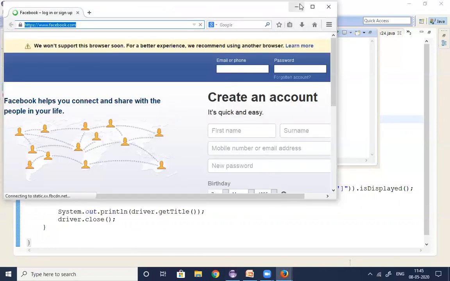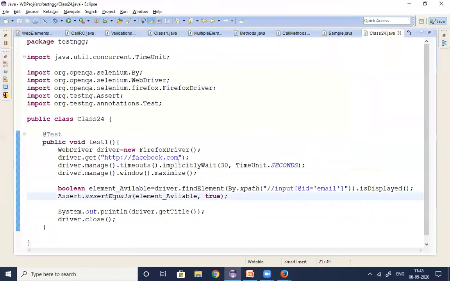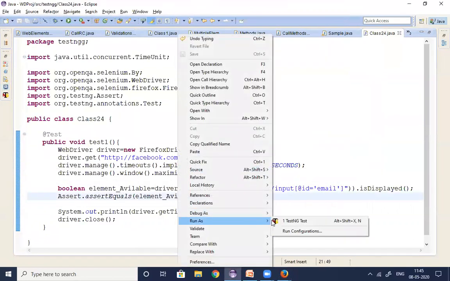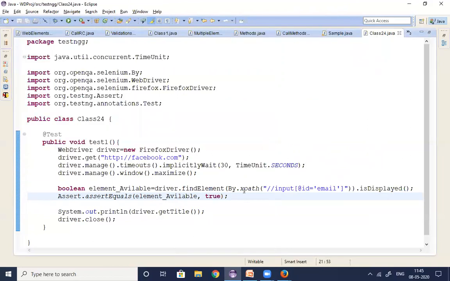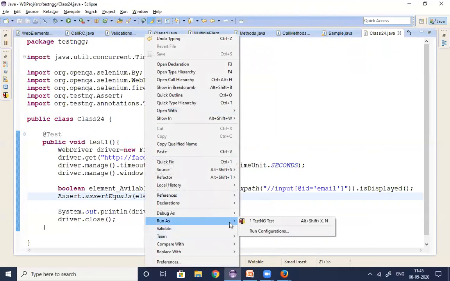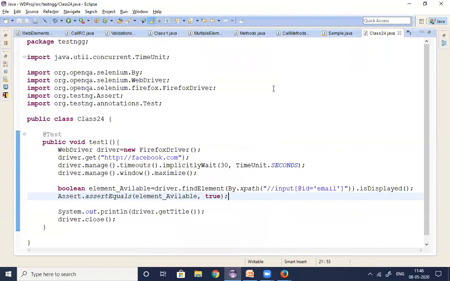One second, let it. I'll do one thing. I'm just closing it and running again, guys. Sometimes it is loading very slowly, actually. Run as TestNG test.